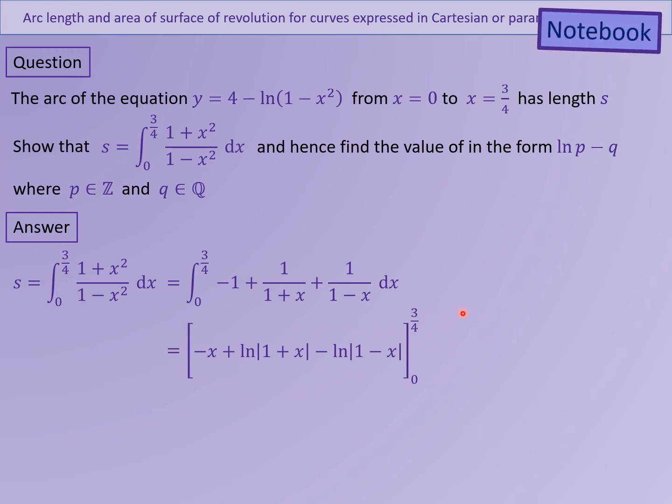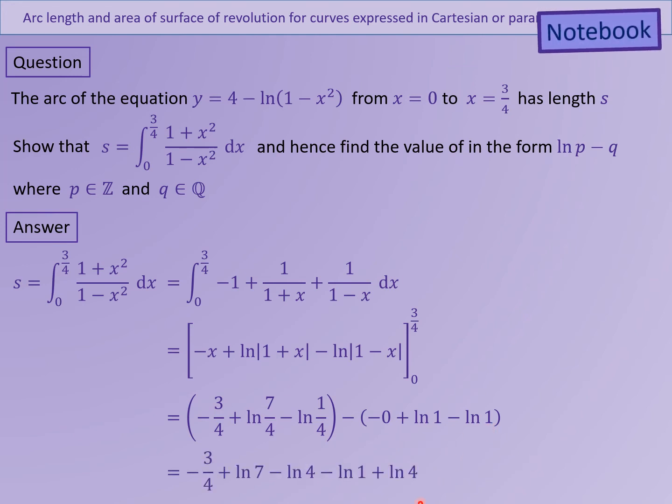What can I do now? It's just a case of subbing these two numbers in and neatening it up. So let's see. I substitute in my 3/4, I substitute in my 0. Ln 1's quite nice, of course, they cancel out. So I end up with minus 3/4, Ln 7 minus Ln 4, minus Ln 1 minus Ln 4, and of